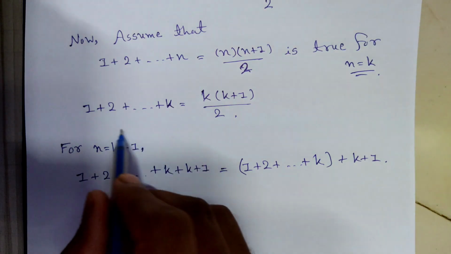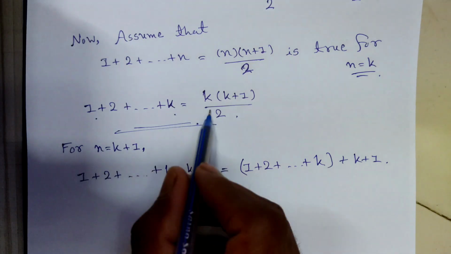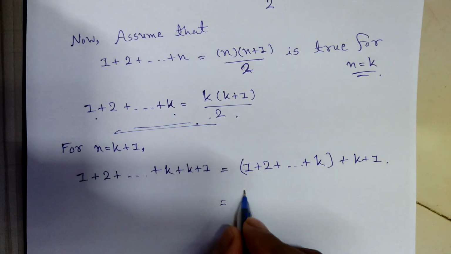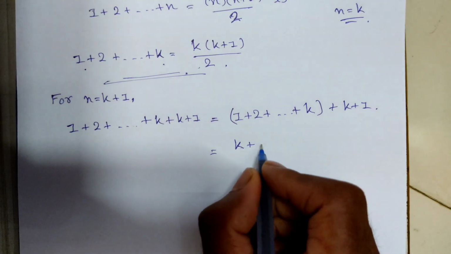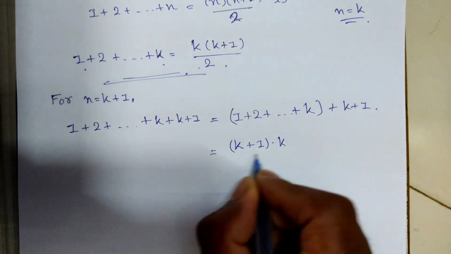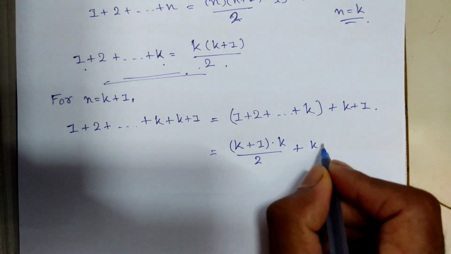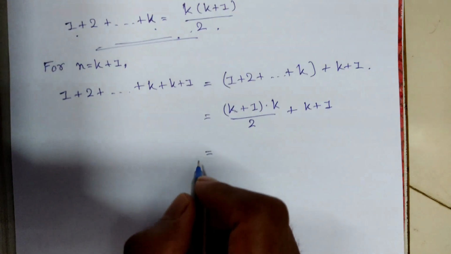But we know that the sum of k integers will be k into k plus 1 by 2. So k into k plus 1 by 2 plus k plus 1, which is equal to